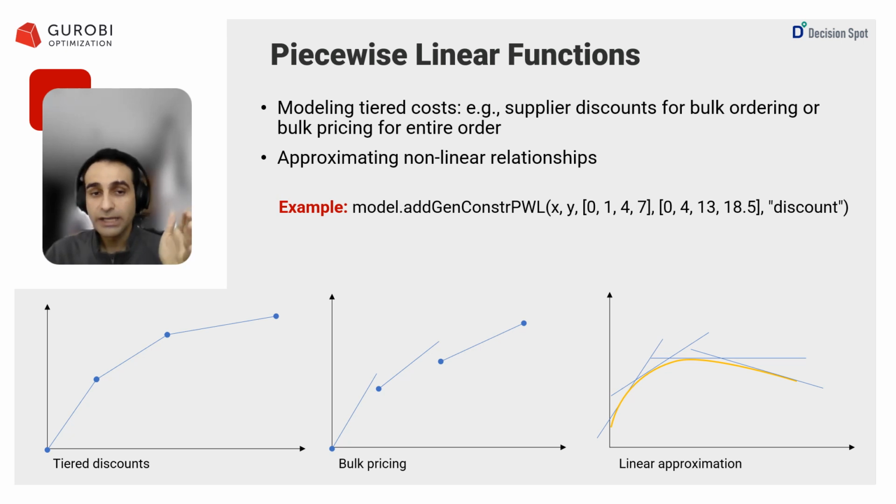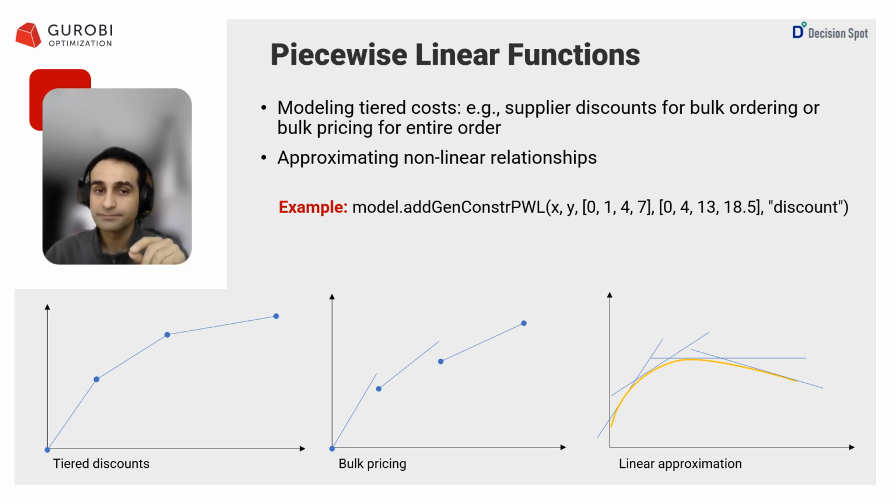Now, instead of solving a nonlinear problem, which can be computationally more intensive, we can use piecewise linear approximation. Basically, we break the curve into smaller linear segments, each capturing part of that relationship. This approximation allows us to retain much of the accuracy of the original curve while keeping the model simpler and